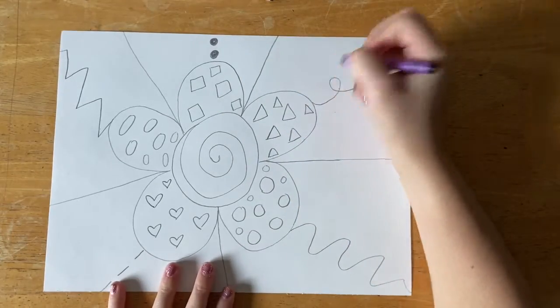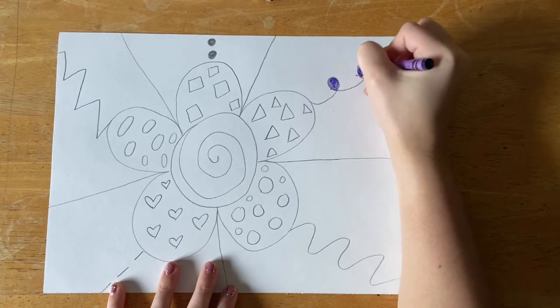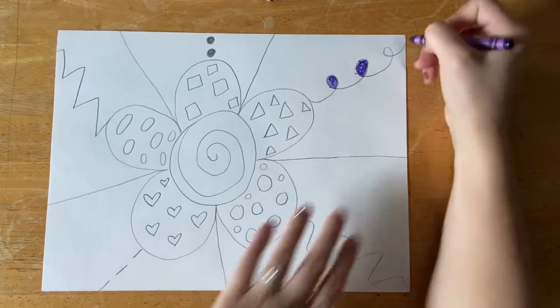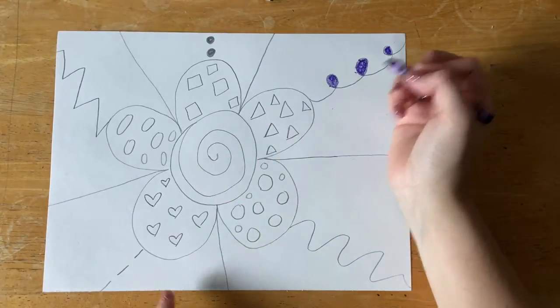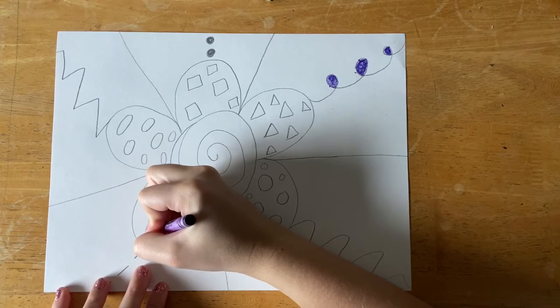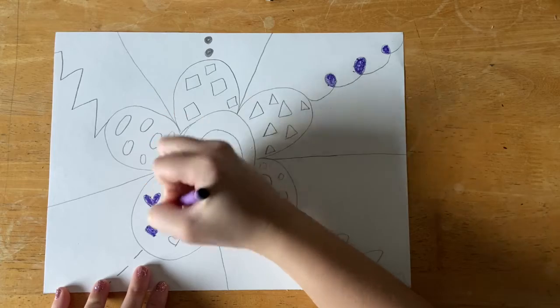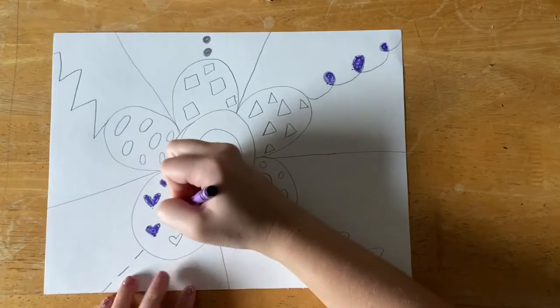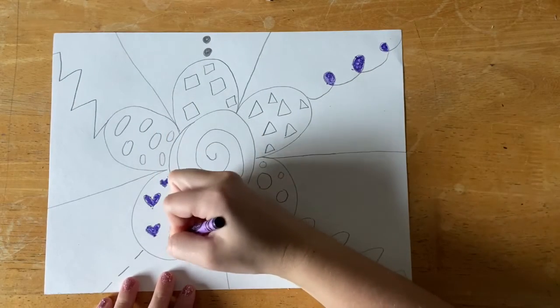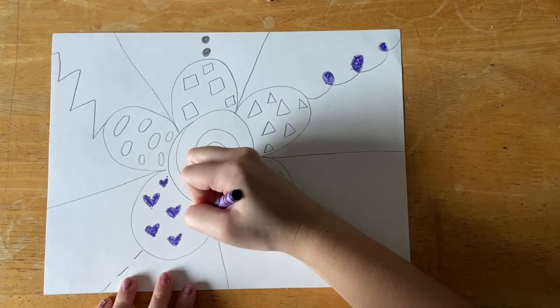But I want you to fill in each little area. So even like the insides of this curly line, I want to fill it in with color. And I don't want to leave any white spaces showing. And I can use this purple crayon again while I have it in my hand before I put it back down. And I want to fill in every little area, even the areas outside. So we want to find different sections of our drawing. You want to try to stay inside the lines. If you go outside the lines a little bit,